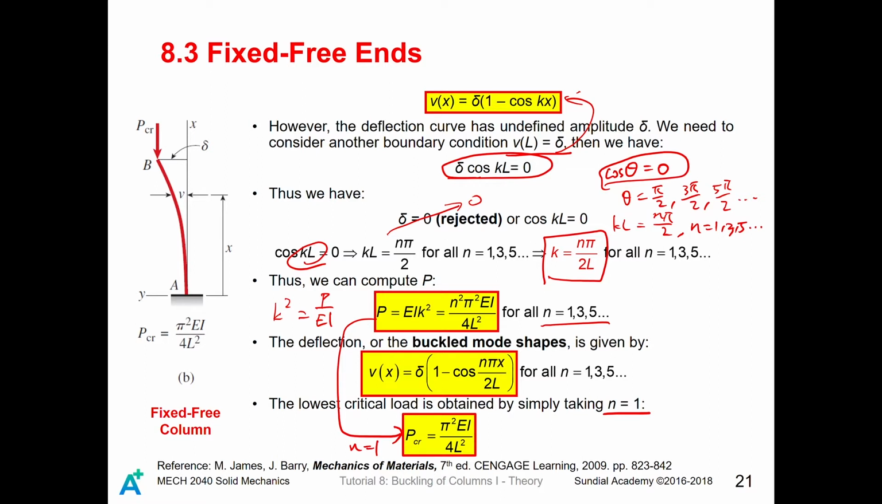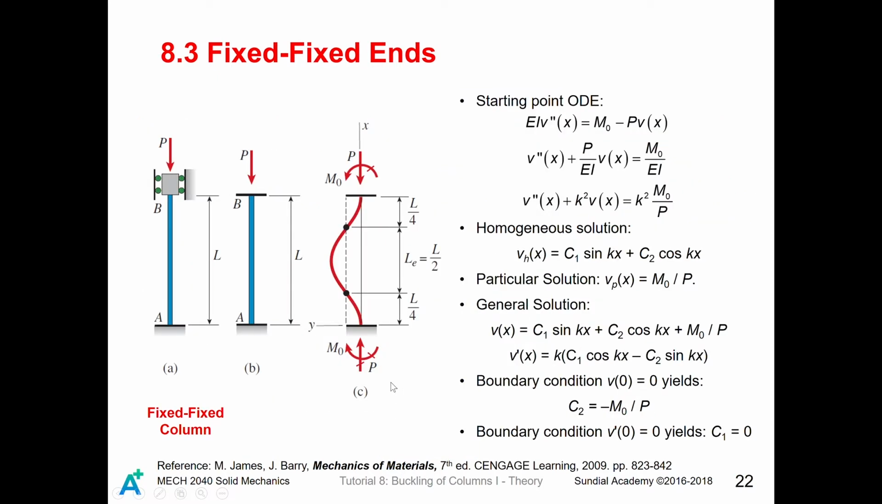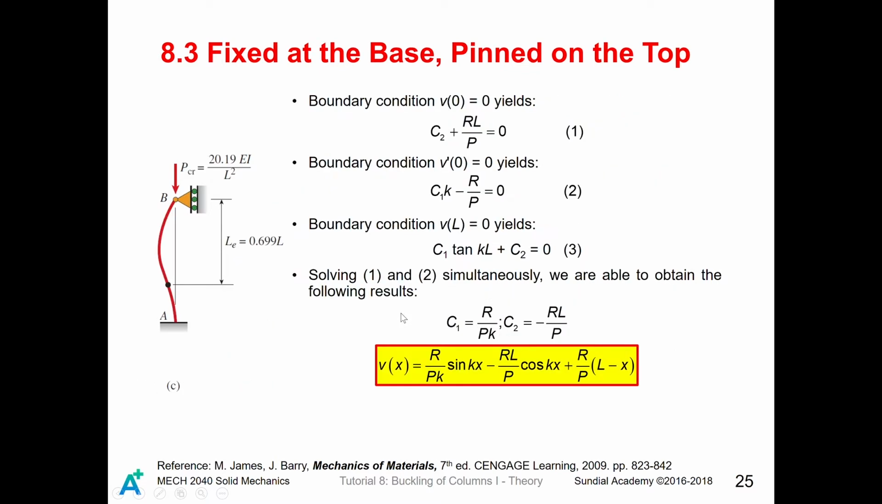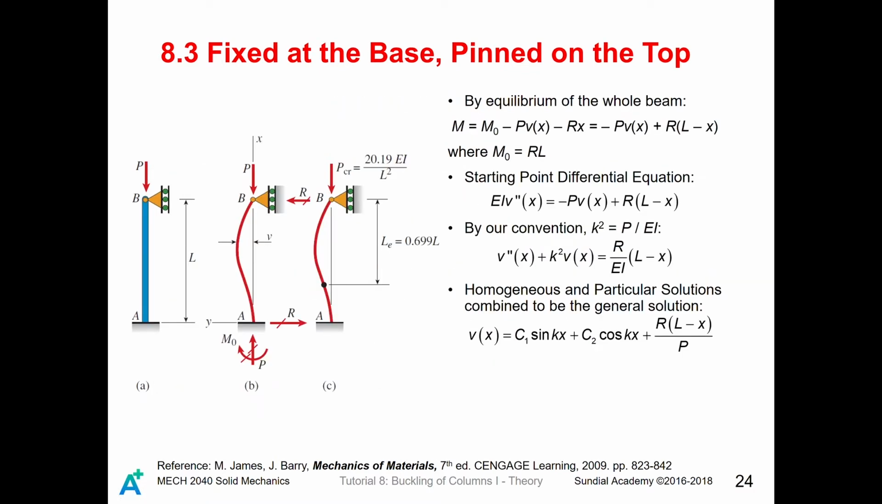Then you get, for the fixed free end case, the critical load of the column is given by pi squared EI divided by 4L squared. Okay. So for two other cases of Euler's continuous model, fixed ends, and fixed at the base with pin on the top, they